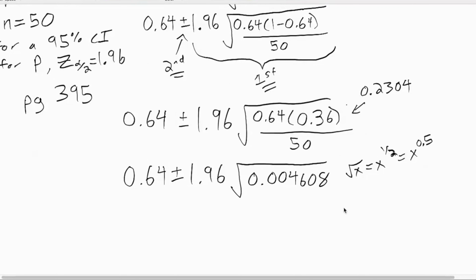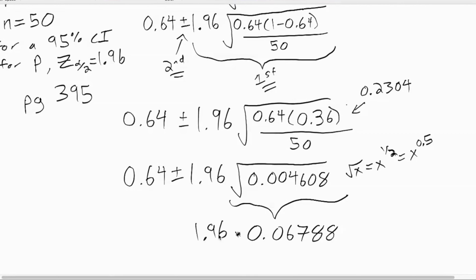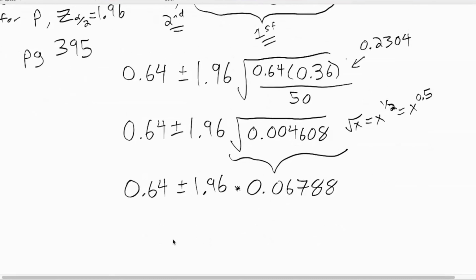At this point, we need to figure out what the square root of that is. And interestingly enough, when you take a small number and you take the square root, it gets bigger. So our answer for the square root part is 0.06788. Your calculator gives you a bunch of numbers, but I tend to just round these to 4 decimal places. I feel like that is an appropriate balance of being precise, but not ridiculously so. Now we're ready to actually determine the margin of error by just taking these two numbers and multiplying them together. And when you do that, you get